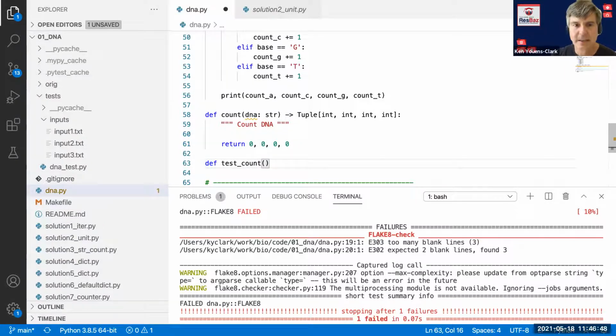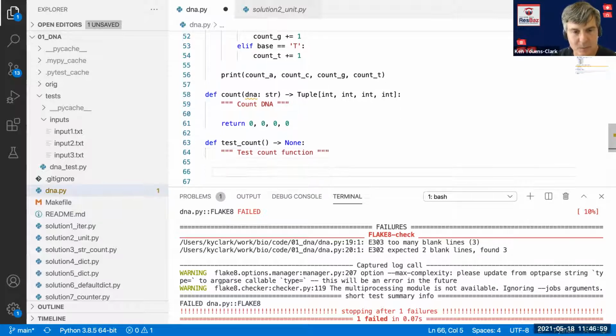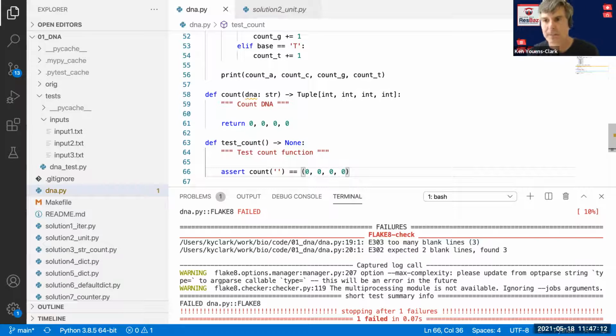The function is not going to take any arguments and it's not going to return anything, so technically it returns None. And I'm going to say this is going to test the count function. That's the docstring. And I'm going to assert that if I count the empty string, for instance, it's going to return 0, 0, 0, 0. That is test-driven development.